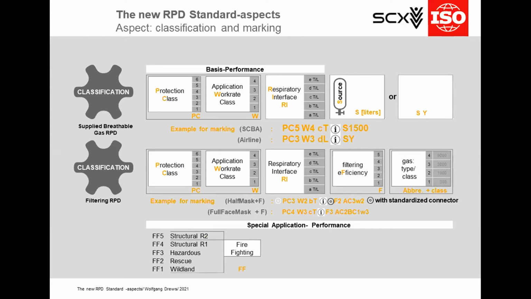From the special application, you get further indications for the classification. For example, the firefighter has the letter code FF, and there are 5 areas for the firefighting service, that is from wildland to structural, and with the indication from 1 to 5, FF1 to FF5. And the specific here is, and not only for special application, it's a general requirement. Whenever you have work rate 3 and higher, you need to be in a positive pressure for the inhalation requirement of the breathable gas,